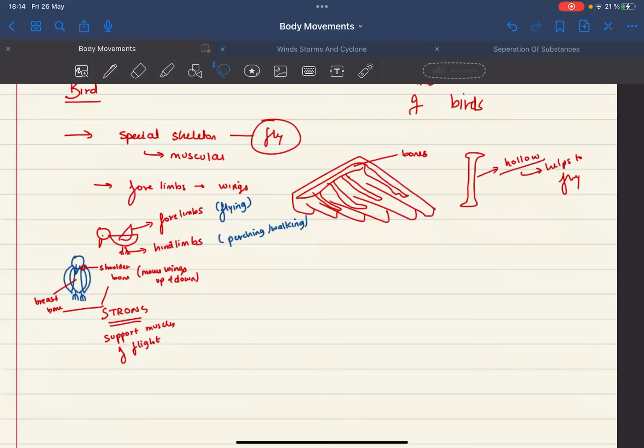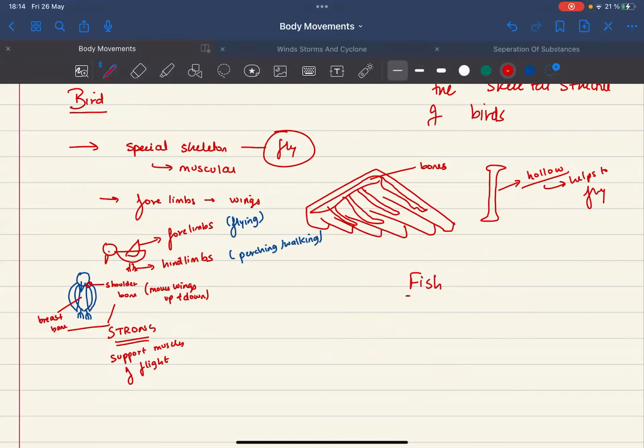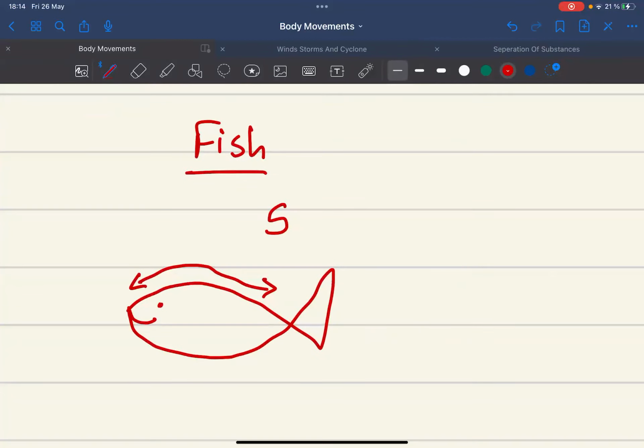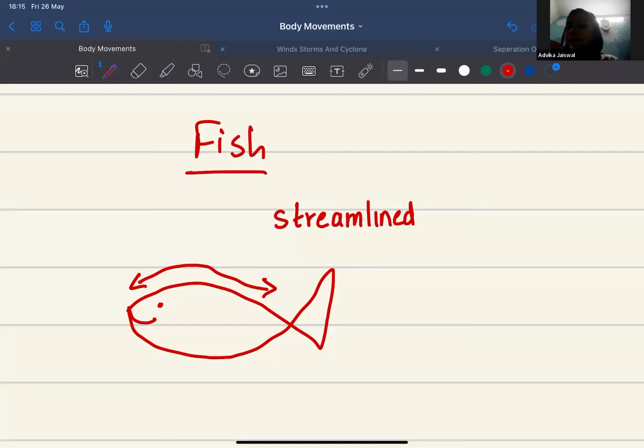Now let's talk about another gait of an animal, which is the fish. Okay. So fishes have a certain type of body. Can anyone tell what it is? This type of body where the shape is like this is called something. What is it called? Ma'am, oval. No. What else? Starts with S. T. Somebody try guessing the word. Nobody has heard this word? No, ma'am. This is called a